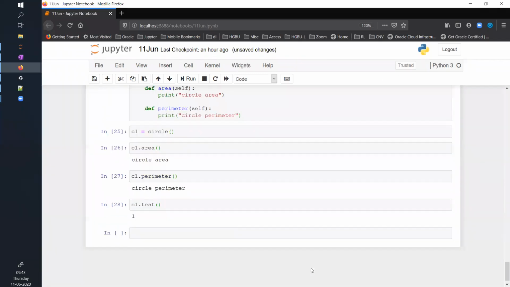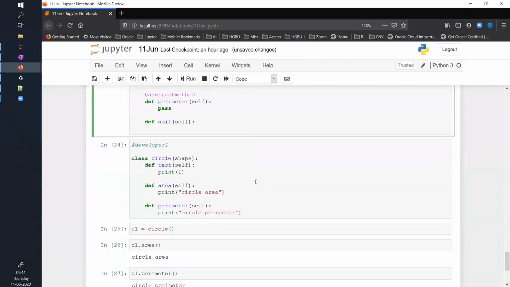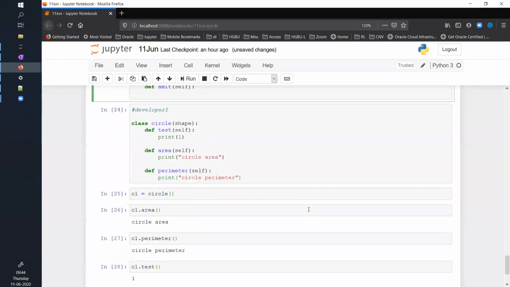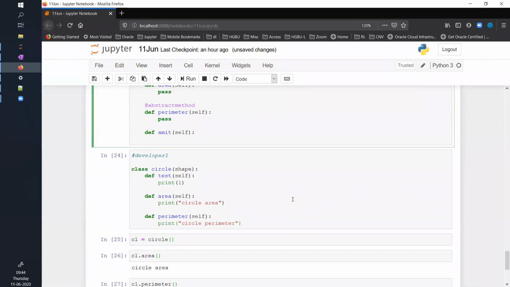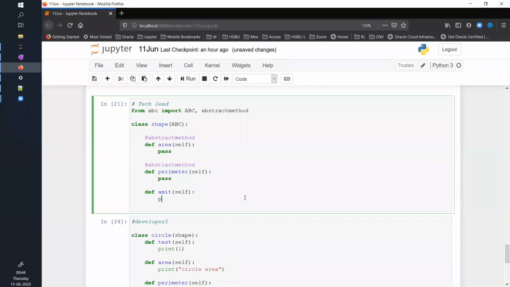base exception. Similarly, if you want to make some of the functionalities within the class abstract, you will have to inherit from the ABC class. You just remember that for now. That is the syntax, correct. Okay. Now, what I will do, I'm adding another function over here, def Amit self, and then I'm saying print Amit.